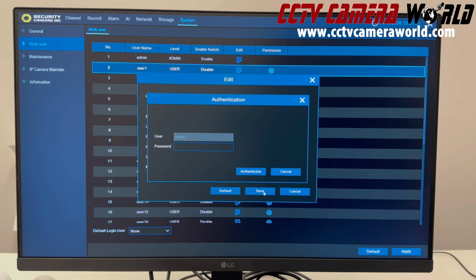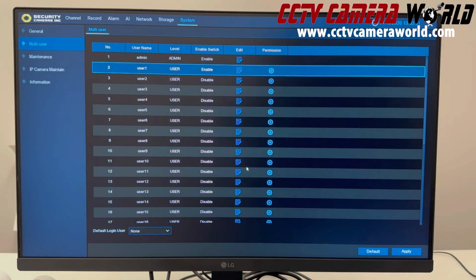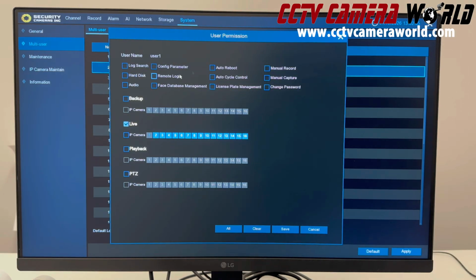Now if I hit save, it asks me for my admin password so that I can actually create this new user, which I've done. Now it says enable for the user. Now I'm going to give it certain permissions. Here, it should be unchecked for you. I'm going to go to live, and I'm going to give it permission to all of the cameras on my 16-channel NVR, except for the one I don't want it to be able to show on the live screen, and